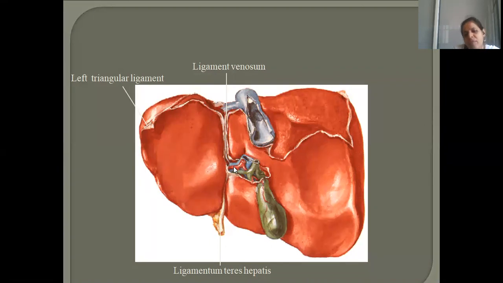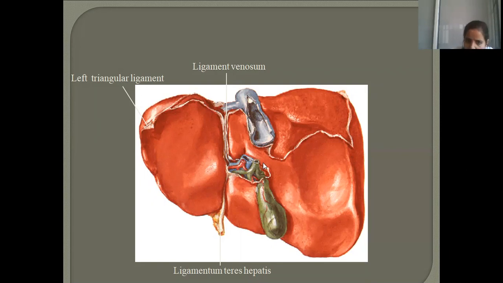You remember I told you from the inferior aspect of the liver, the lesser omentum is extending to the lesser curvature of the stomach. But I have used one word called porta hepatis. Porta means entry exit point, I said port. Do you remember yesterday's class? Yes. So this area is porta hepatis. Again you are finding VAD structures. V, portal vein. A, hepatic artery, and D, bile duct. And this area is actually porta hepatis.